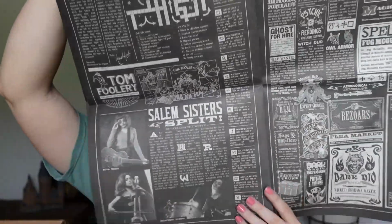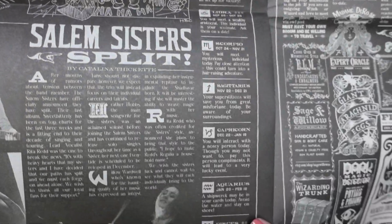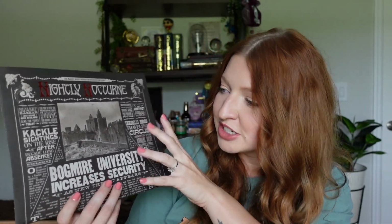What? This is so cool. Okay, so here's the crossword. You can see it. Here we go. So here's the crossword. Here's some more stuff, and more. Wow. So I'm pretty sure this is probably by Danny from Wizardry Workshop because he does a lot